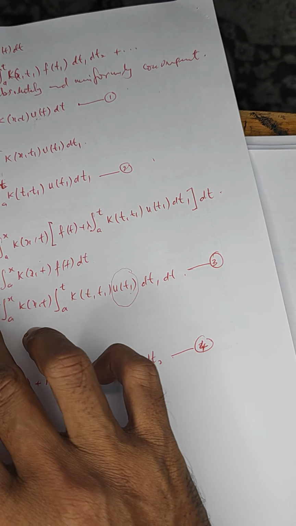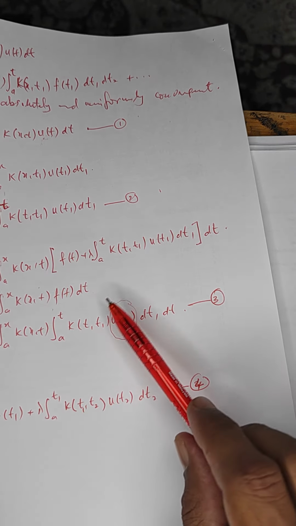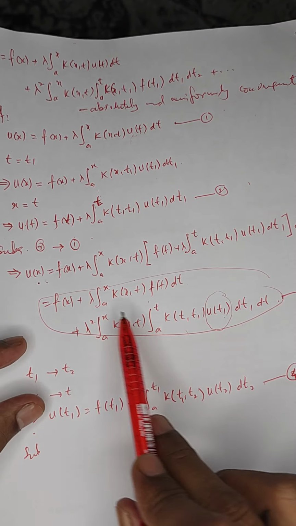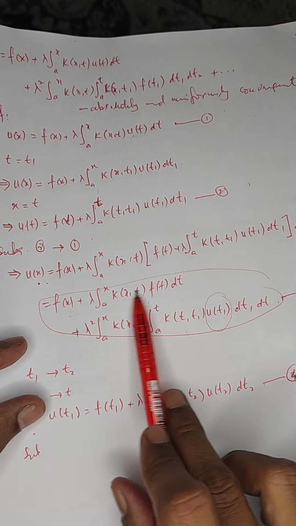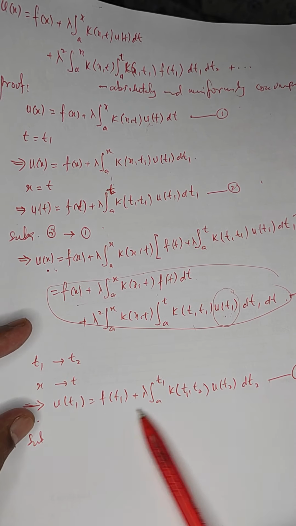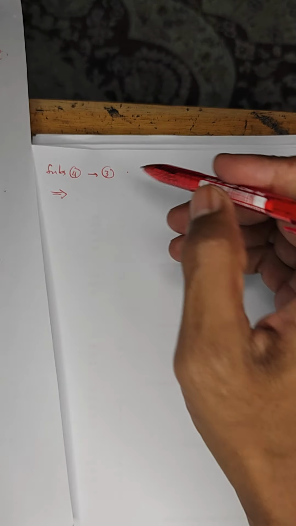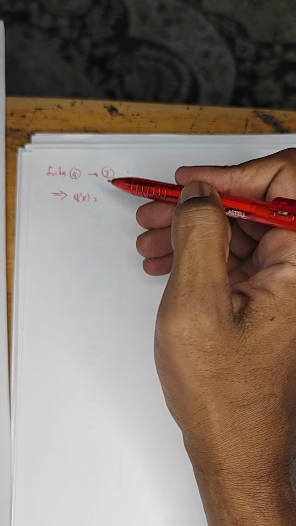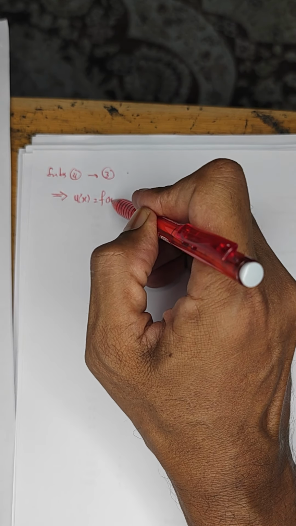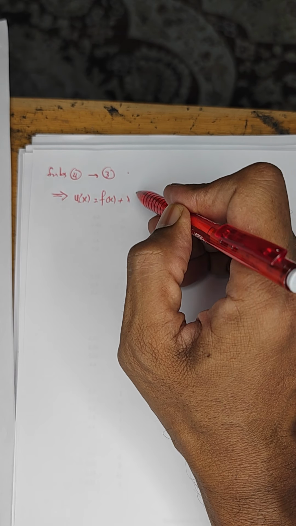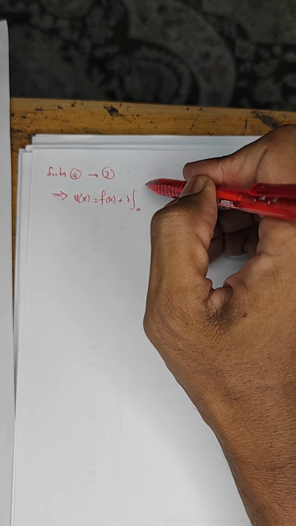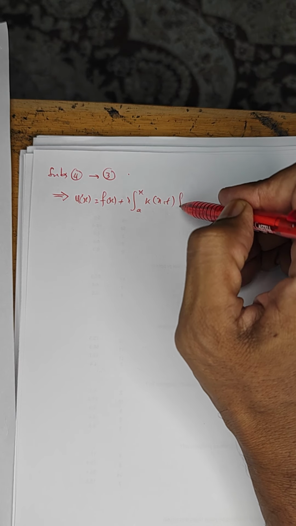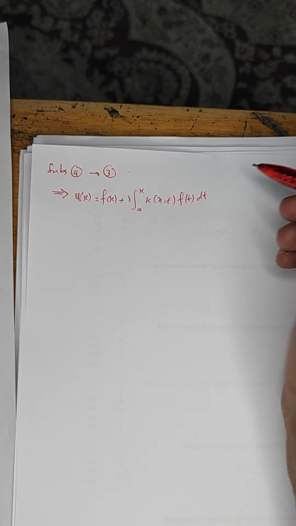From equation 3 we have u(x) and everything, but we need to substitute u(t1) with this. So we have u(x) given as f(x) plus lambda integral from a to x of k(x,t) f(t) dt